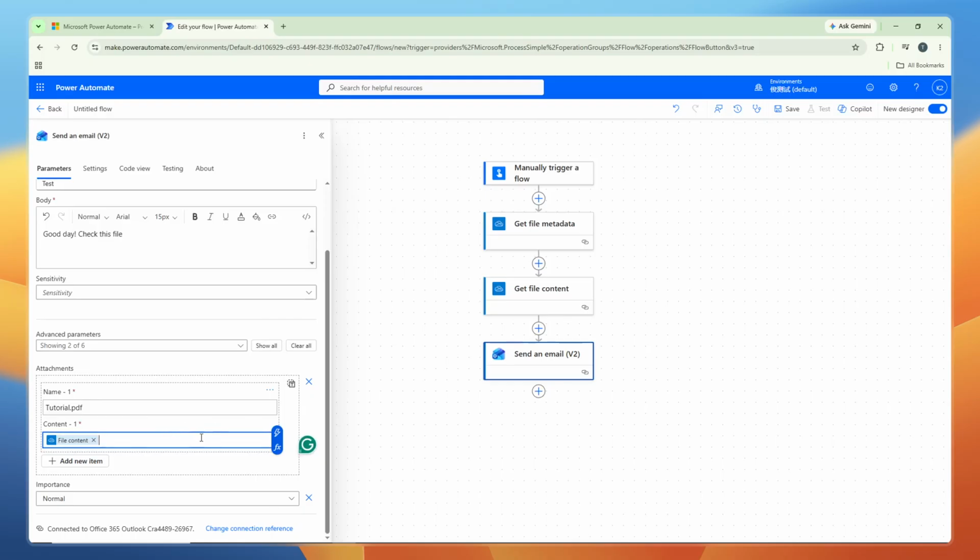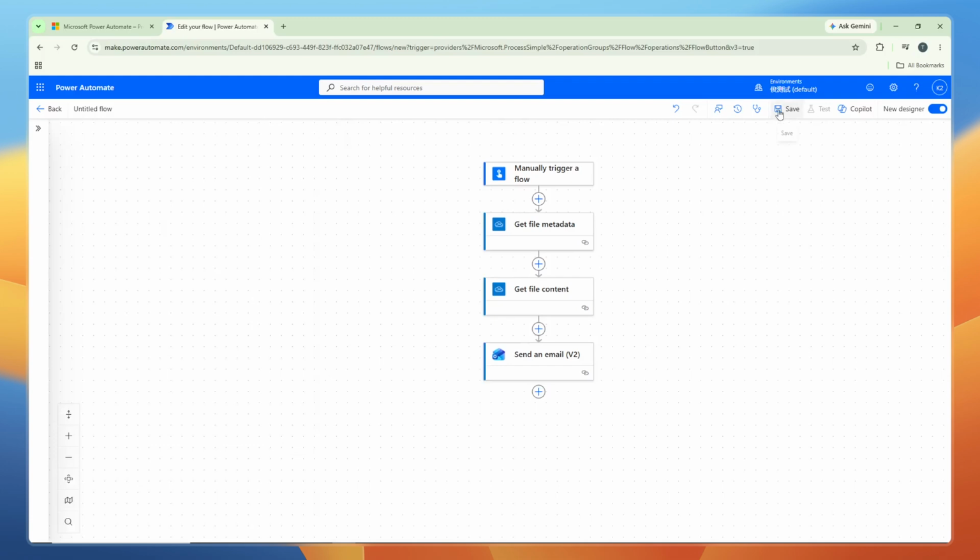With everything configured, you can now save your flow and test it by clicking Run. Your automation is ready to send emails with attachments whenever you trigger it manually. And that's it, you've successfully created a Power Automate flow that sends emails with